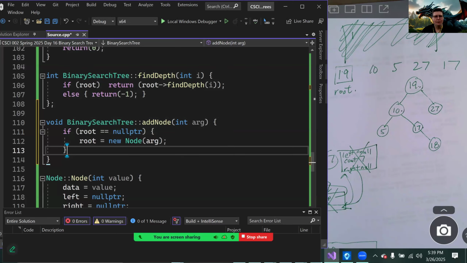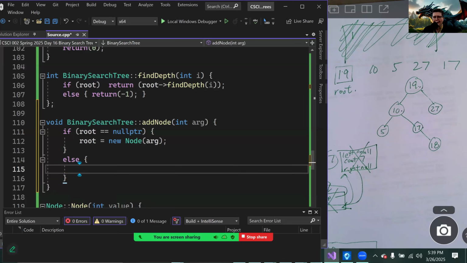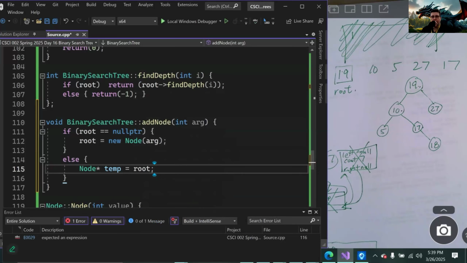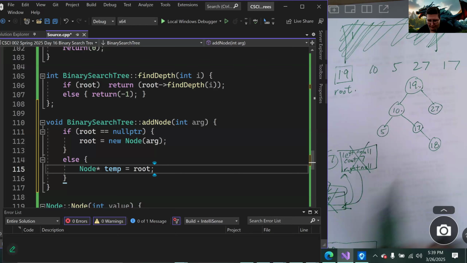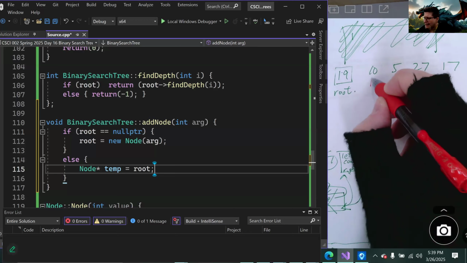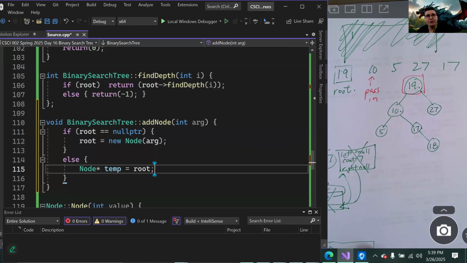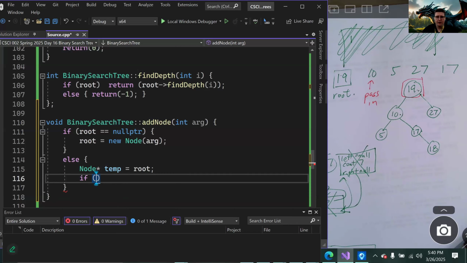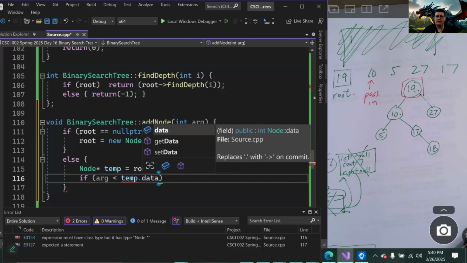So that's our base case. We'll have an else. What does it do otherwise? Well, every other time we had a temporary pointer, so maybe we should make a temporary pointer equals root. So temp's pointing to root. Let's say we've already done the 19, and the next number we're passing in is 10. So we need to check if 10 is less than 19 or greater than 19. So we should have, if arg is less than temp.data, temp.getData,